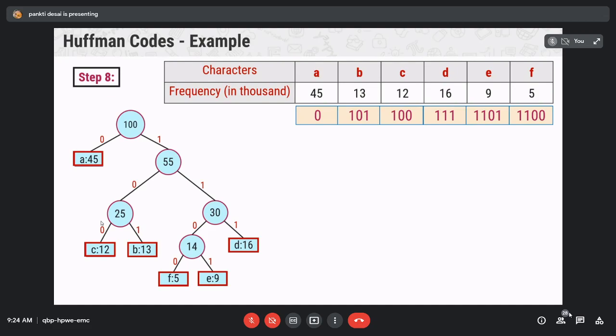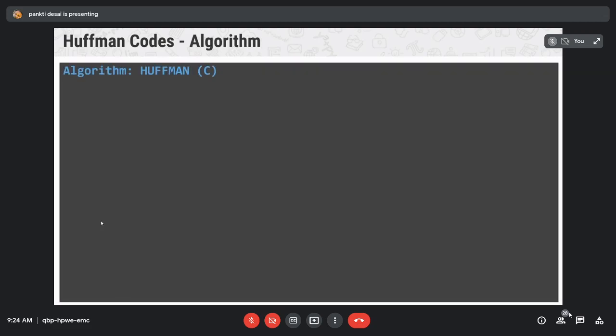Now let us understand the algorithm. The method which is used to construct an optimal prefix code is called Huffman coding. This algorithm for Huffman code builds a tree in a bottom-up manner.